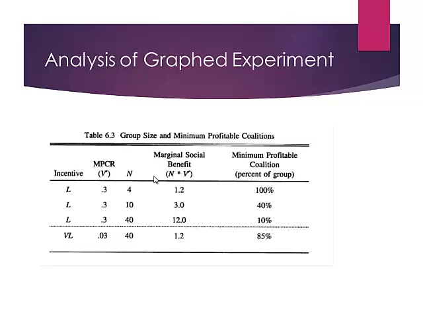Now if you have group size of 10, then 3.0 is the social benefit in this group. And so you need only about 4 people to contribute to get a profit, and that's only 40% of the group. And with 40 people, you need 10% of the people to contribute to make a profit. And with the very low incentive, and with n equals 40, you need 85% of the coalition to profit, and again, contributions go to 0.